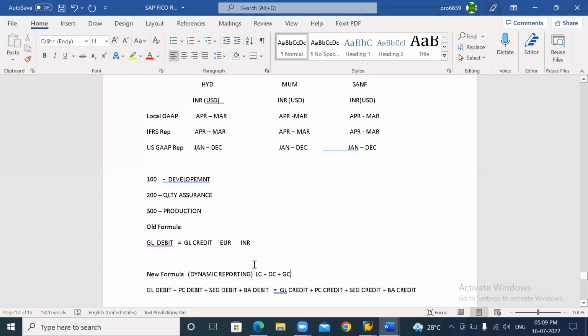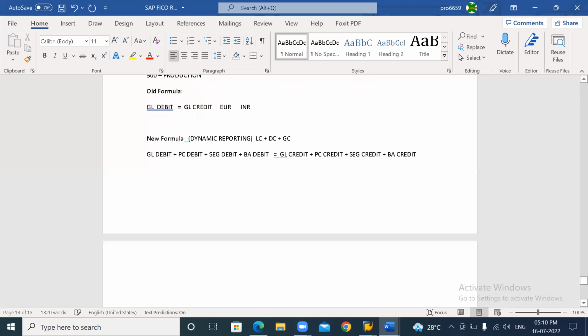Local currency is nothing but INR. Document currency is nothing but your euro. Group currency is nothing but your USD. So if we are posting one particular entry, for example, same thing if I take rent account debited,